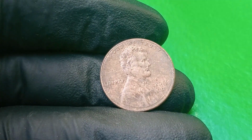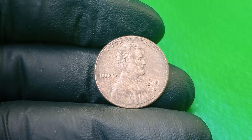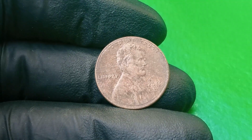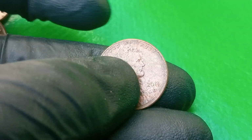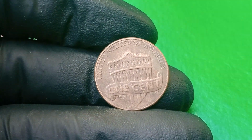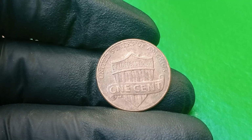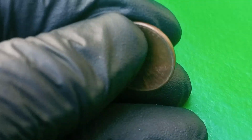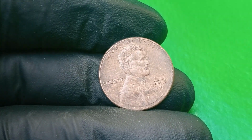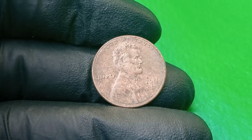A coin that costs $4 million is not paying for the copper, the zinc, or even the workmanship. It's paying for uniqueness, error severity, condition, documentation, and collector competition. Also, possibilities of future discovery play into the price. Collectors might believe there are more specimens yet undiscovered in circulation, in old coin rolls, in collections that were ignored or undervalued. That hope alone can drive bidding and valuation very high, because if another specimen is found, that affects the unique status, but until then, someone might pay a huge price to secure what may be the only known